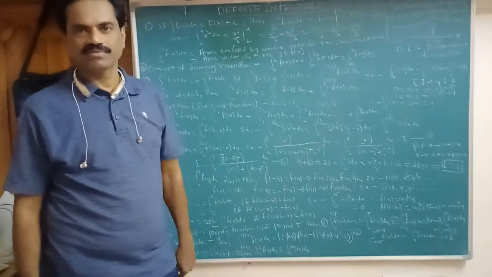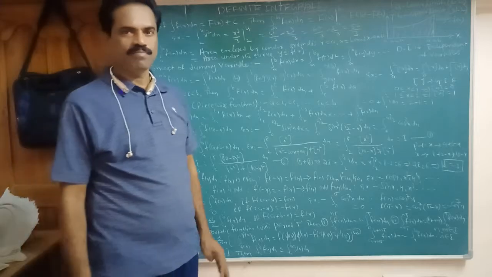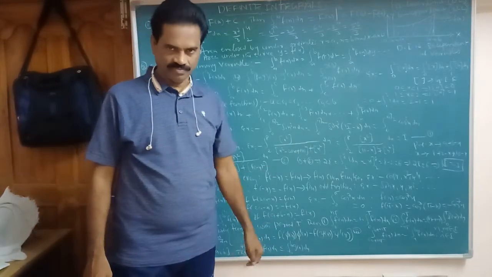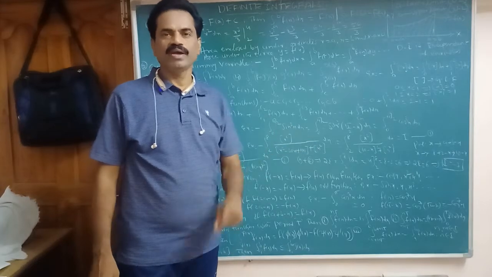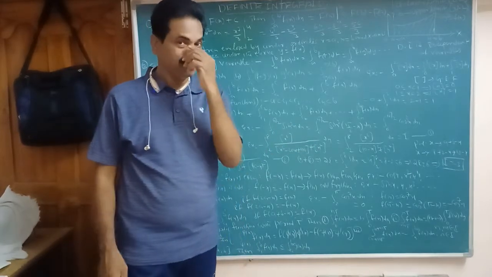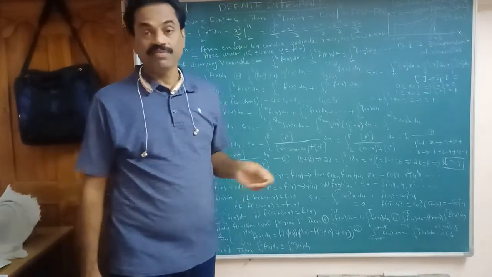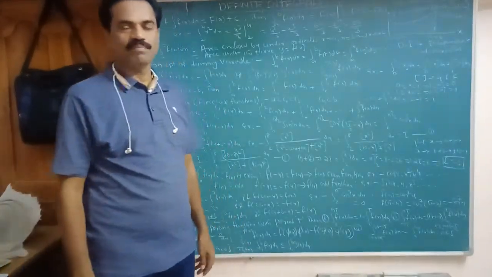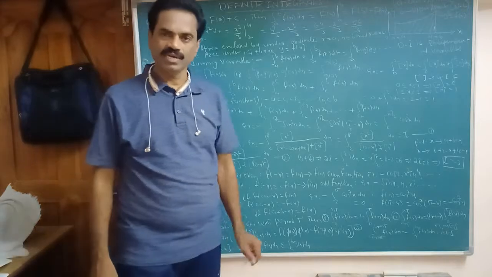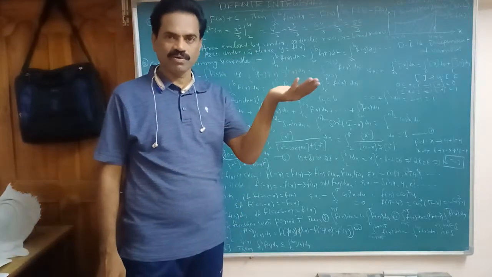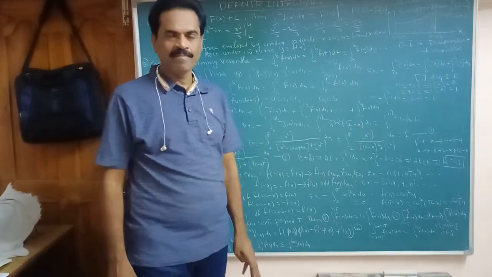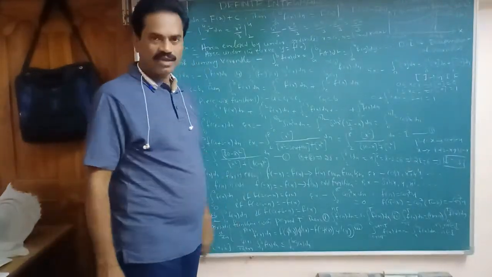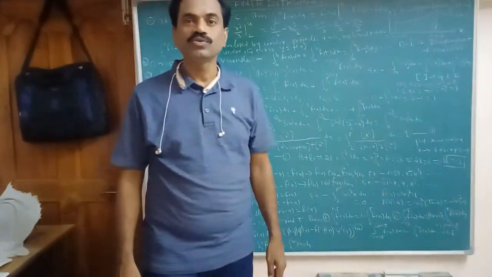You know the power rule formula for integrating x power n, where n is not equal to minus 1. Okay? If n equals minus 1, that is x inverse, 1 by x, the integration is log x. If n is not equal to minus 1, the power increases, that is n plus 1, and whatever power you write, put the same in the denominator. That is x power n plus 1 by n plus 1. Here, the integration of x square is x cube by 3.